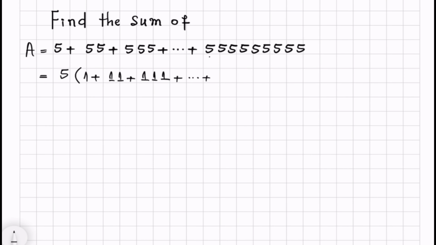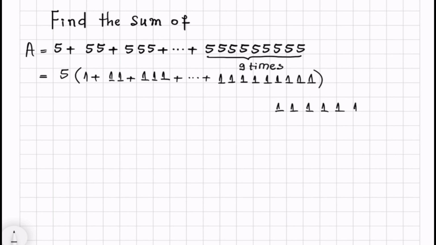So here is 9 times of 5. Then you will get 1 for 9 times as well. If you want to add this by a simple method, which is using like 1, 1, 1, 1, and then we take 1 for 8 times. All right, and we draw like this, and then 7 times,